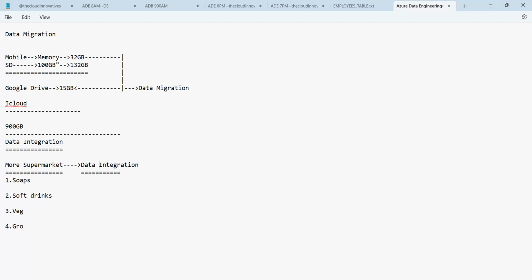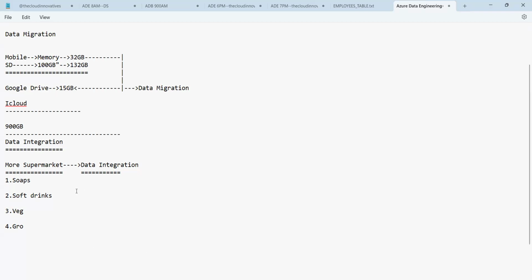That means first you gathered data from files, CSV files, XML files, HTML files, etc. Then you gathered it from various databases. All these gatherings from various locations, kept under one roof,